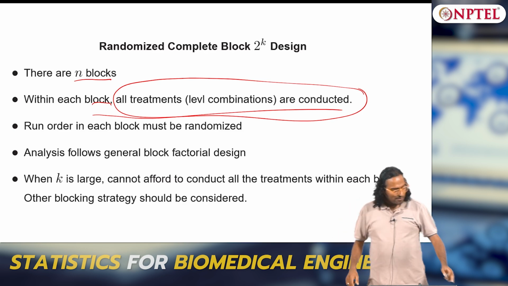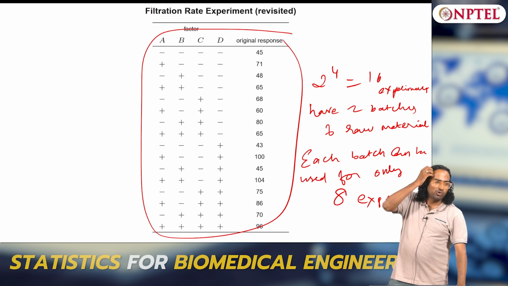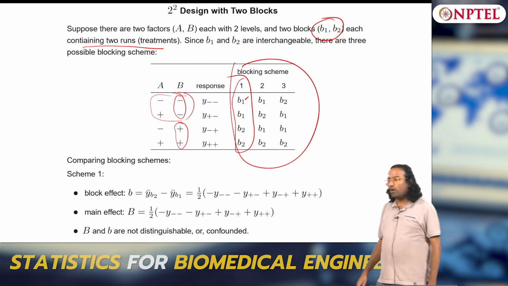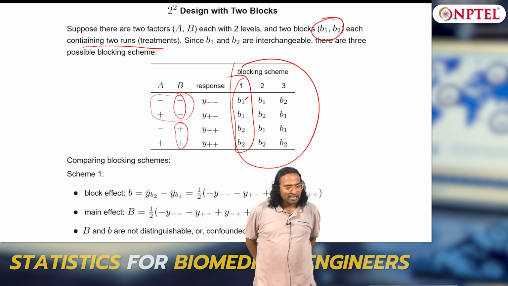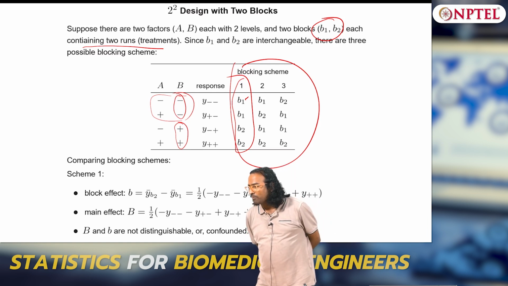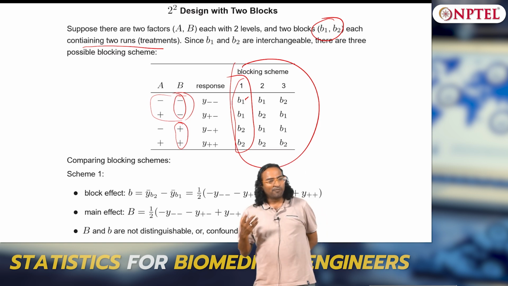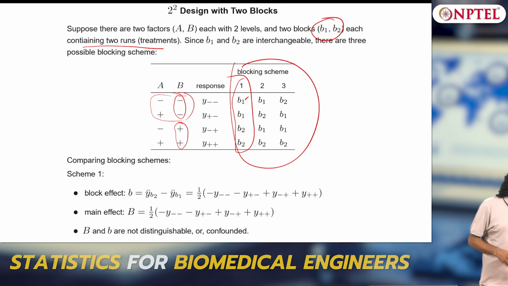Okay. So I gave you a simple example. Even in this case ideally 32 experiments would be required, you are doing only 16. Here how many experiments would be required? 2 blocks, 4 experiments, how many would be required ideally? 8 experiments. What am I doing now? How many experiments have I done? Only 4 experiments. In 4 experiments I am doing blocking. Ideally what should I have done? I should have done it for 8 experiments, right? Each one, and this is 2 blocks. So is it 8 or more?